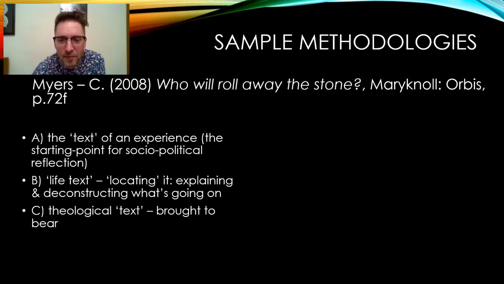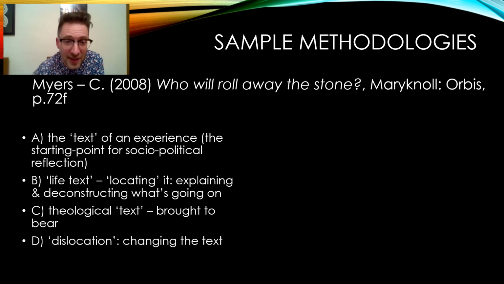But even so, separating them out to some extent may help, at least, to frame that you're doing slightly different things. In B, you're identifying how an issue is part of a bigger framework. In C, you're identifying how our faith responds to that framework. And then in D, you're doing what he calls dislocation. That is how you're nudging, how you're rubbing up against the situation in order to change it. What is the response? What's the ethical response here? How are you going to unsettle the status quo as it currently is to change the story?